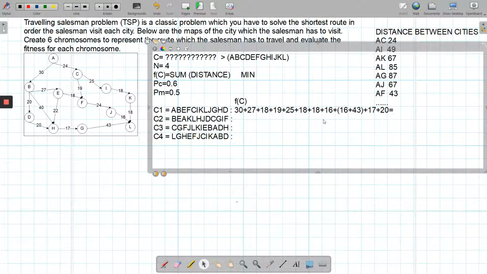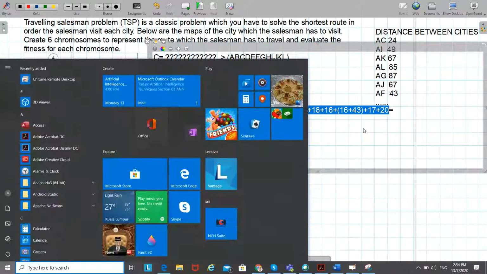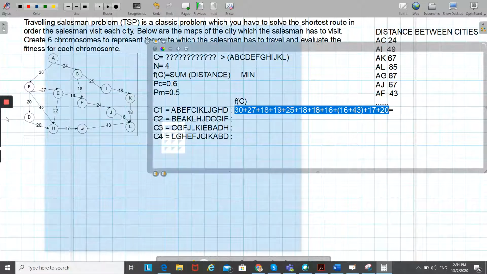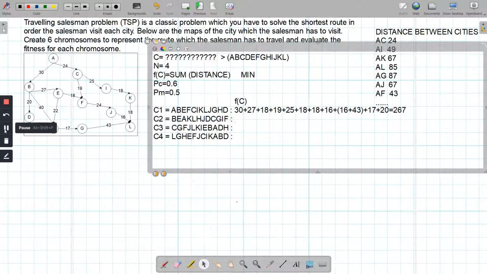So let's try to calculate this one. You know, the calculator. Then now in this one, the fitness function for this one total